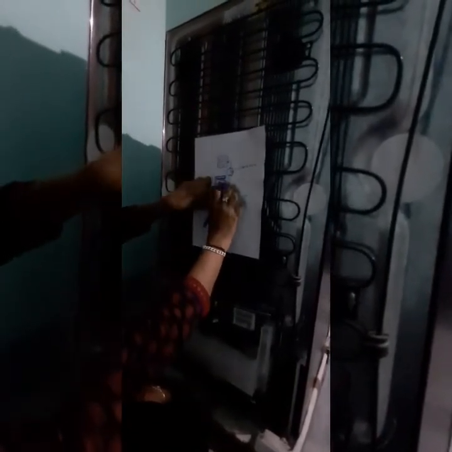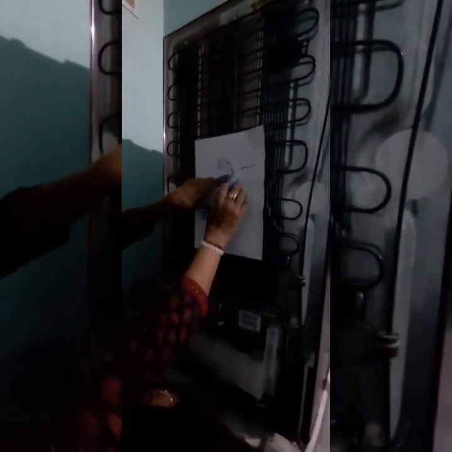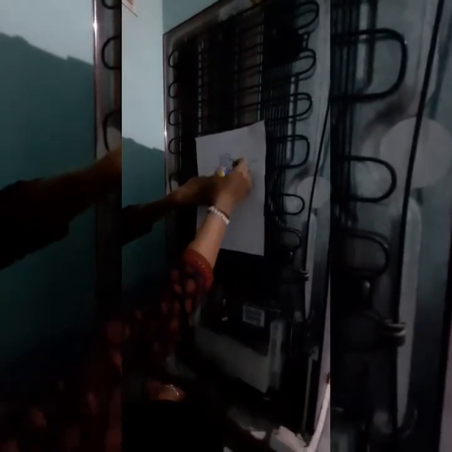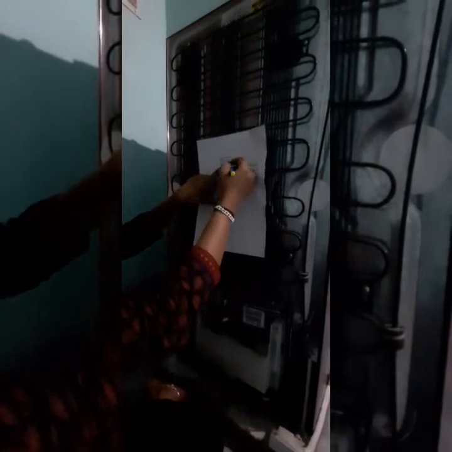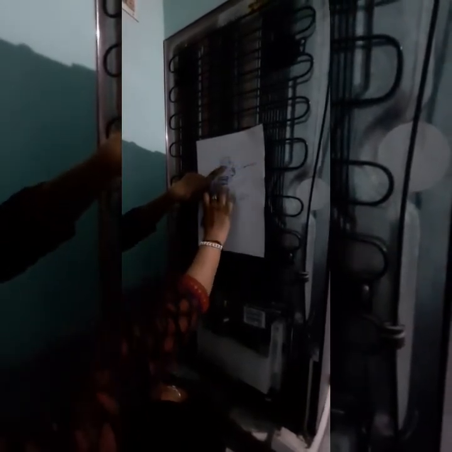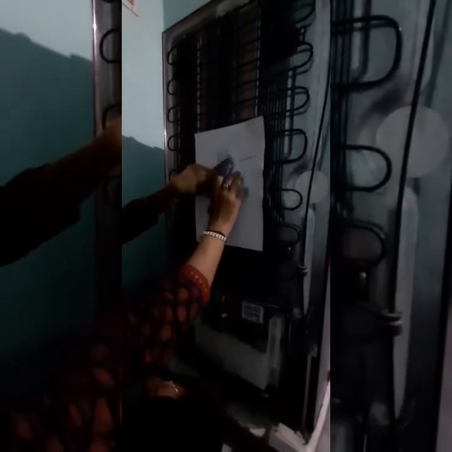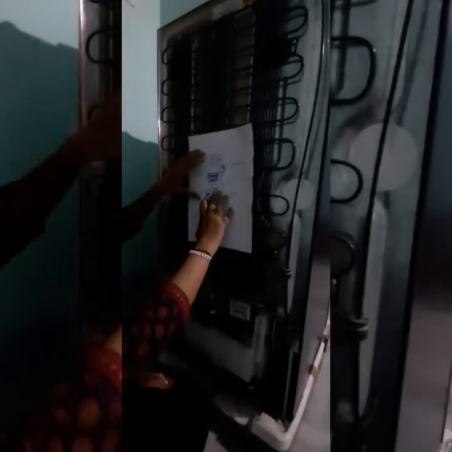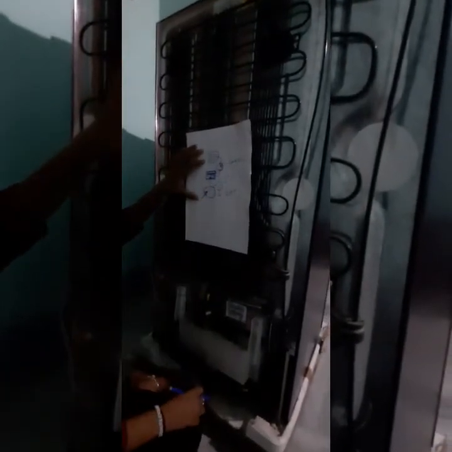Inside that evaporator, there is saturated vapor. We send that saturated vapor to the compressor, so it gets converted into superheated vapor. This superheated vapor, we send it to the condenser to cool the refrigerating fluid. So once we send it to the condenser, inside the condenser, do you know what is the condensation process?